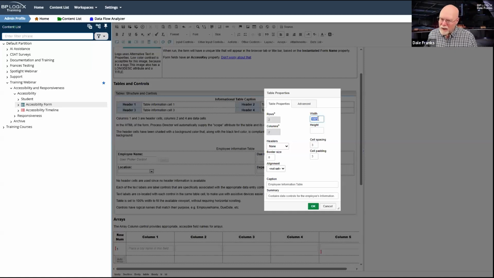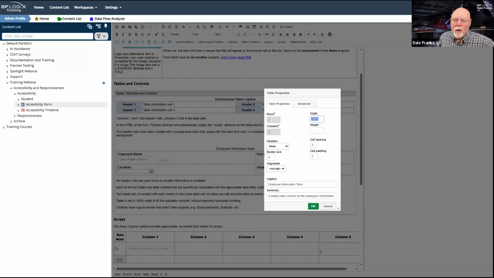Well, ideally no further, although with arrays you can mess that up because the table can't compress past the size of the control that you have specified. So if you put a couple of huge controls in an array, it's going to stretch out horizontally. And that's generally a bad thing. We want to avoid that when we can.